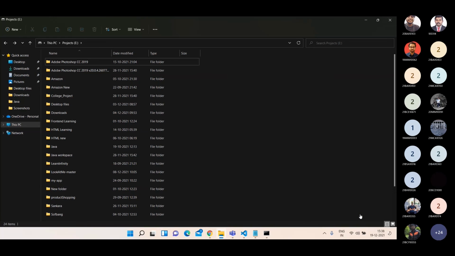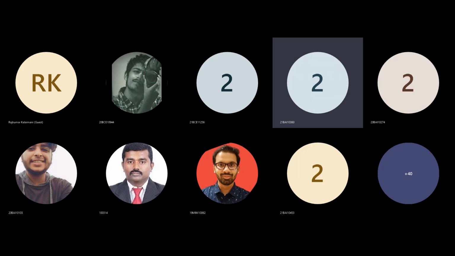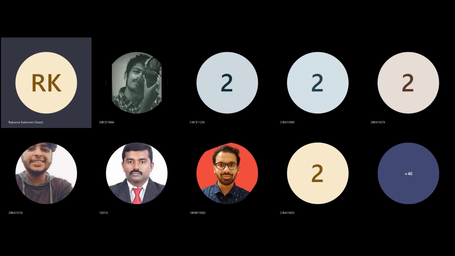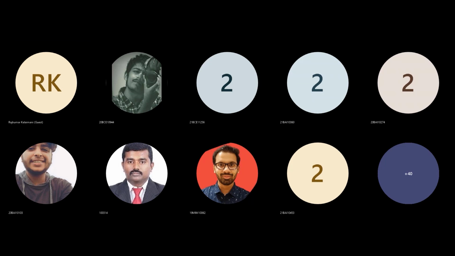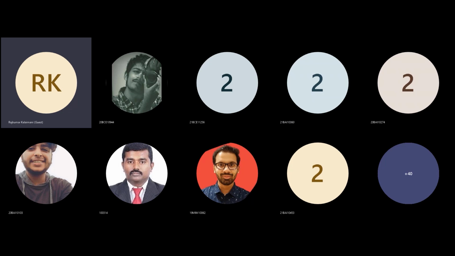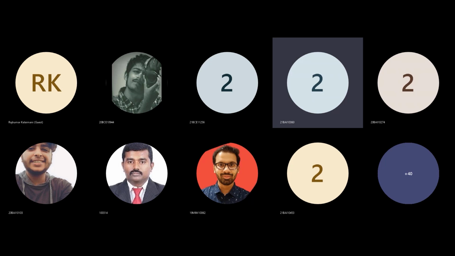Sir, can we make a desktop application with Ionic? Actually, with the help of Angular, we can make desktop applications now. For that, we have something called Electron.js. Okay, so if you find time, just learn about Electron.js. Then with the help of Electron.js, you can make your own desktop application with Angular also. But Ionic is meant for mobile app development, right? Yes, sir. But with the help of Angular, you can make either a web application or a desktop application also. Yes, sir.